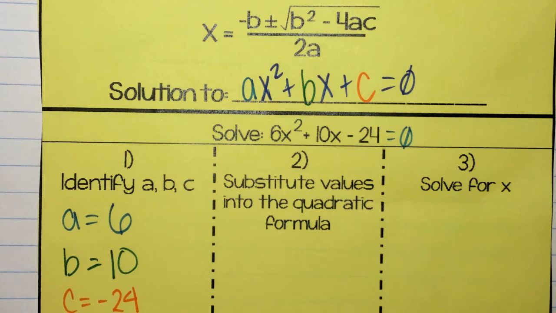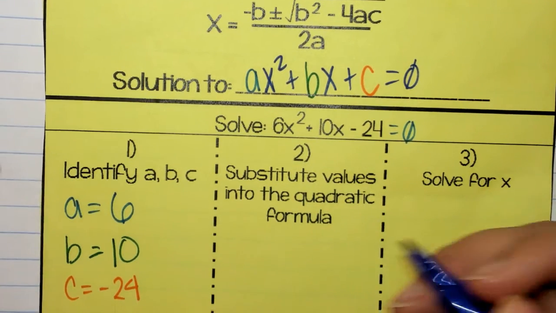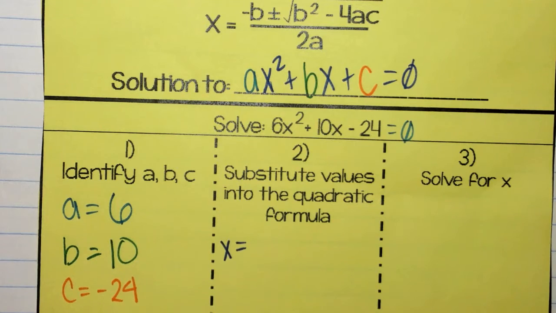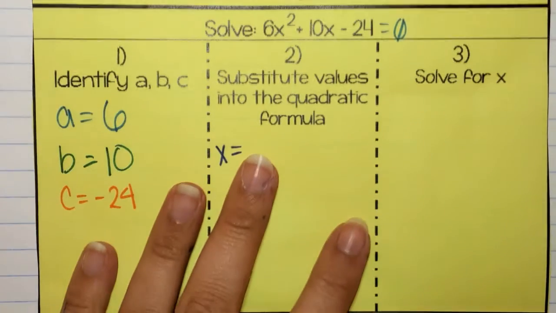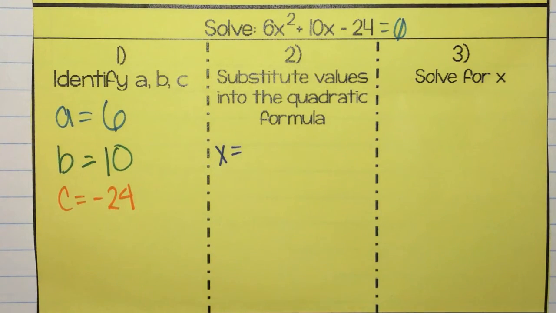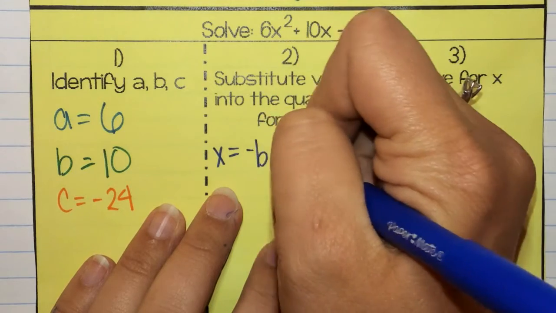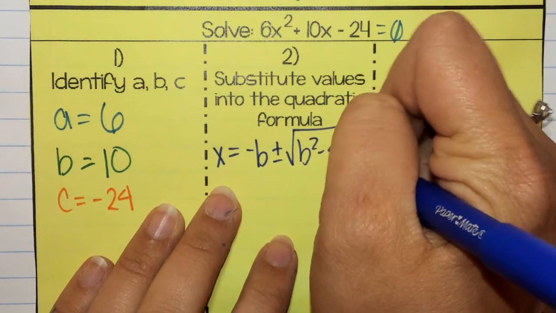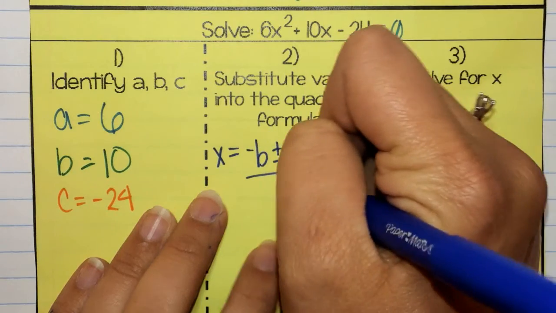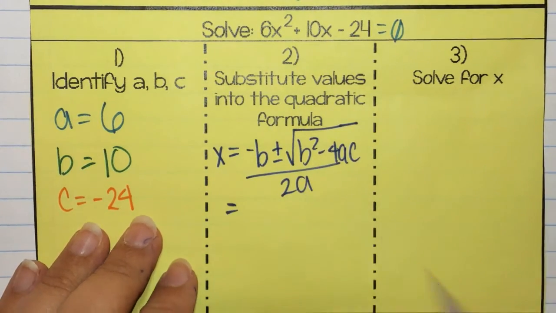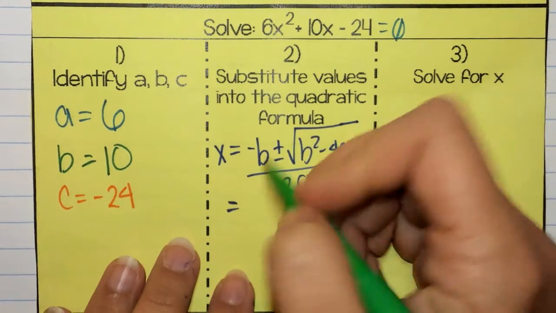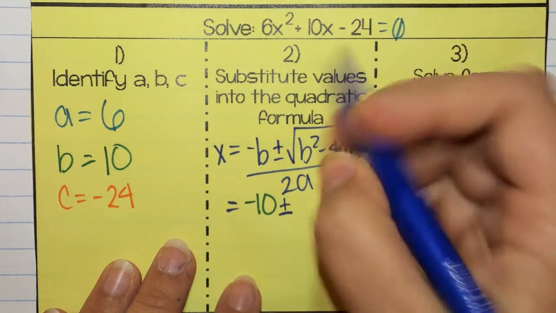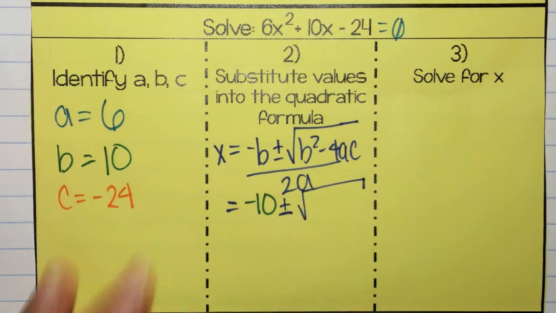So, we're going to plug everything in at first. Are we ready? Yes. X equals the opposite of B plus or minus square root of B squared minus 4AC, all divided by 2A. And as you guys keep chanting at me, it's negative 10 plus or minus the square root of